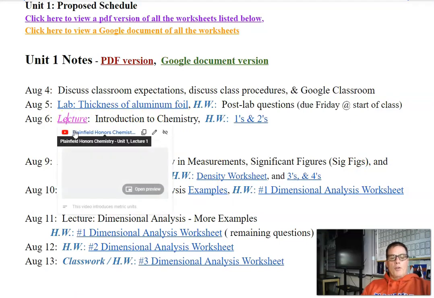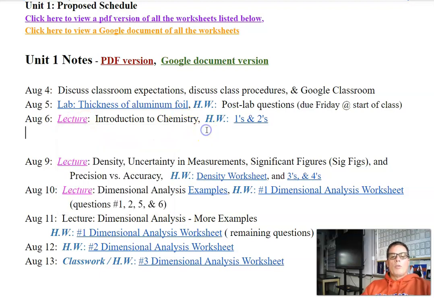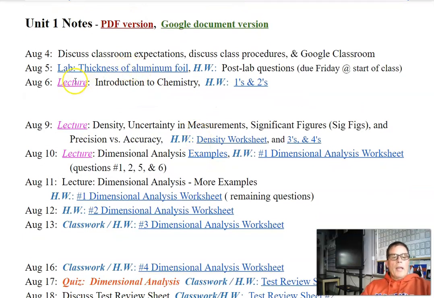All the lecture notes, everything I have is already up and going. So if you are not here on August 6th because you have, I don't know, state fair, whatever, there is the lecture. There is the information that we will talk about in class on that day. Anytime you see this lecture here, that is new material. So say if you're gone on August 9th, you're not in class that day, please watch the lecture and complete the homework before you return.